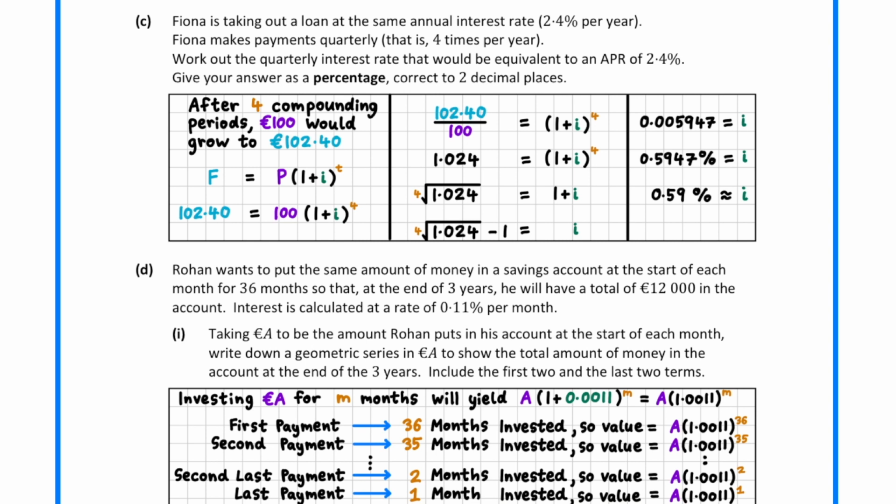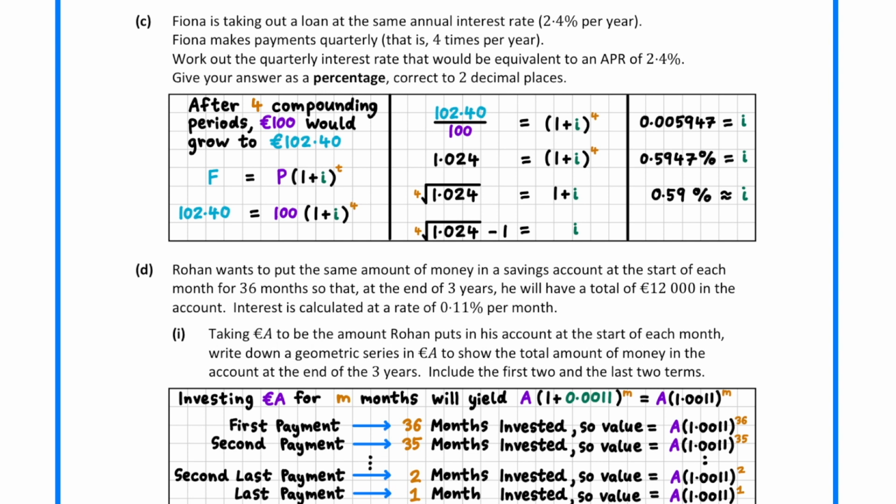In C, Fiona makes quarterly payments for a loan that has an annual percentage rate of 2.4%. We must find the equivalent quarterly interest rate. It will help to work with concrete numbers, so let's imagine we invest €100 for 1 year. Since there are 4 quarters in a year, after 4 compounding periods, the €100 would grow to €102.40. Putting this into the compound interest formula tells us that